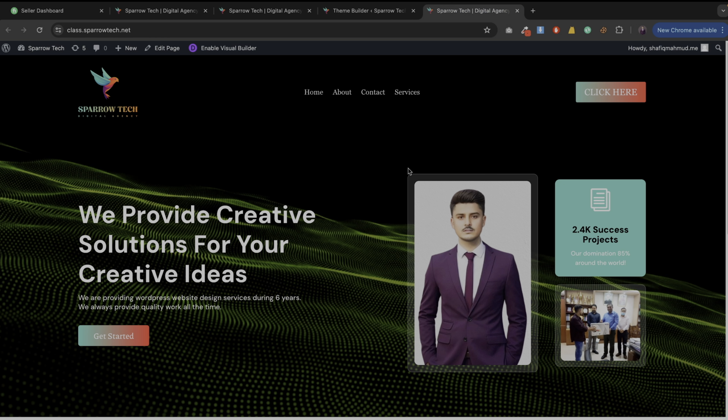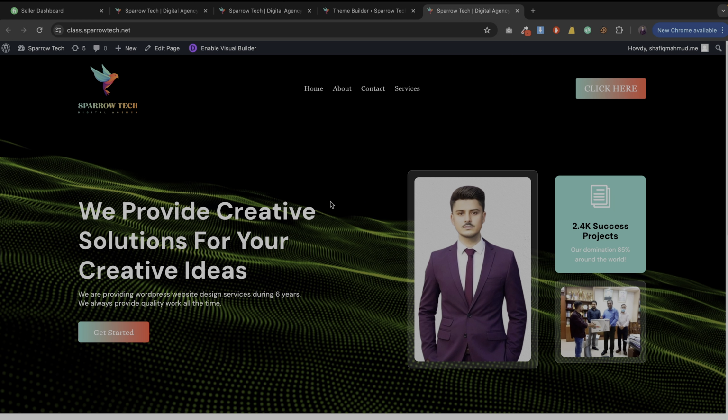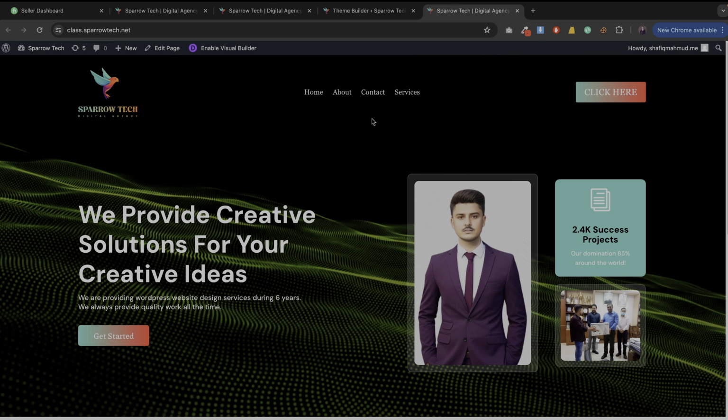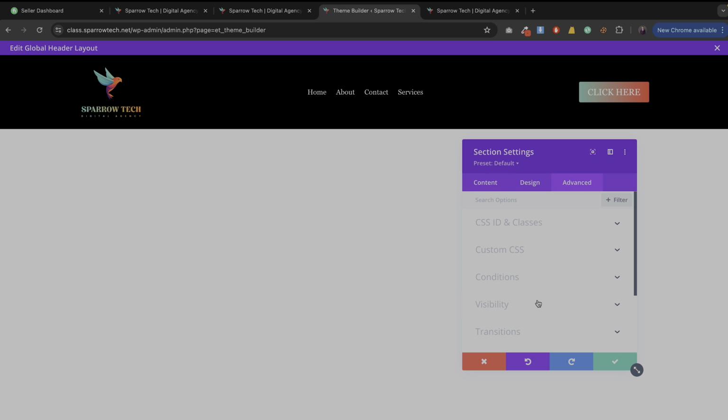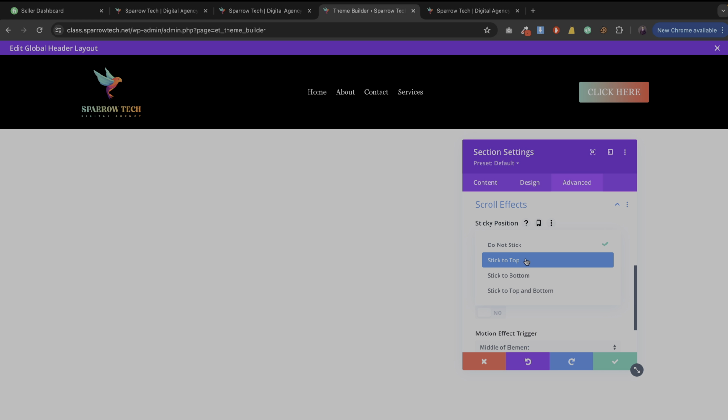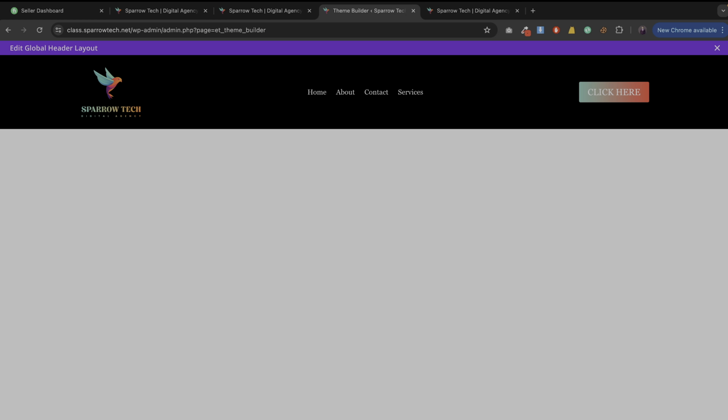The alignment is good now, and we have completed the header, if you can see that, but the header is not sticky. When I scroll up, the header is not fixed at the top, so I will make the header sticky. Okay, to make the header sticky, I'll come over here to the section setting, go to the advanced tab, and I'll go to scroll effects, and then here you can see sticky position. Default value is do not stick, but I'll change it to stick to top. Just save it